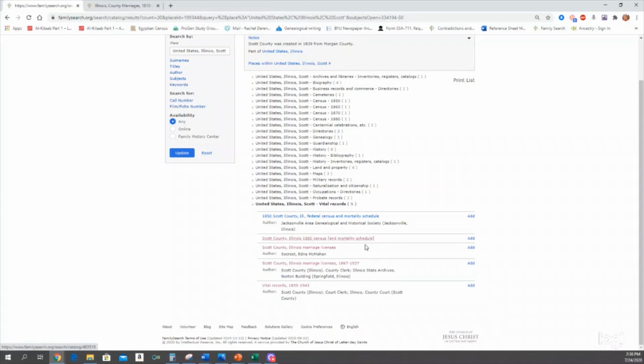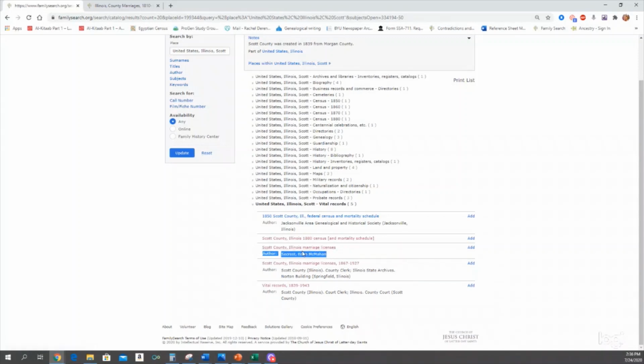And I'd like to give you a tip. If you can, when you look at author, look for authors that say the county. The county is the author. Because those will be the actual records held at the county. They'll typically be your original records. That will give you a lot more context than, let's say, this is an author and this is a person who would have gone and abstracted these records for you.